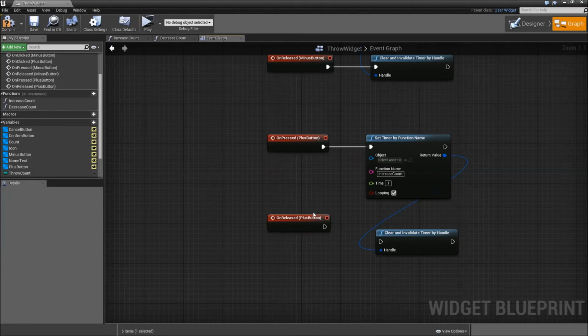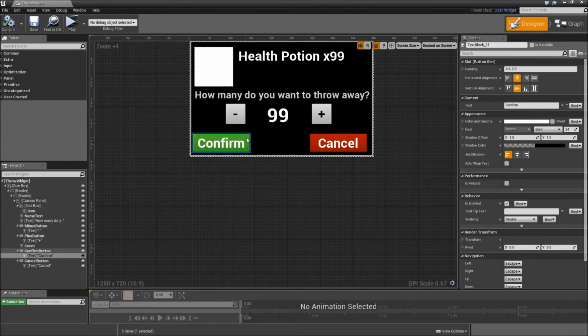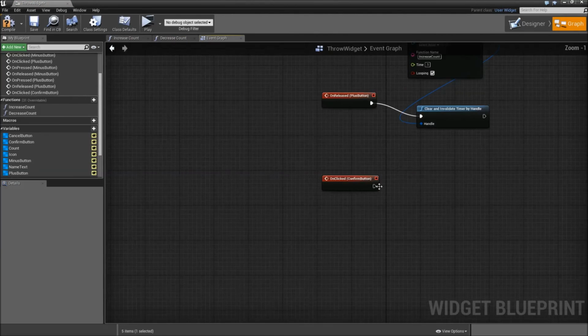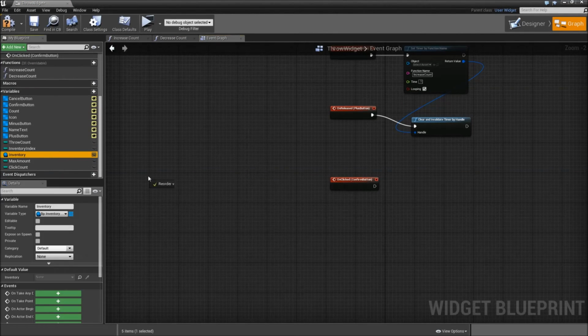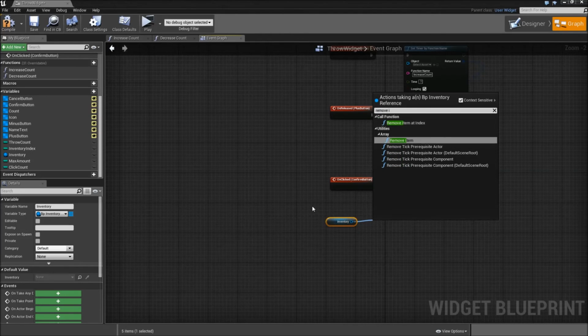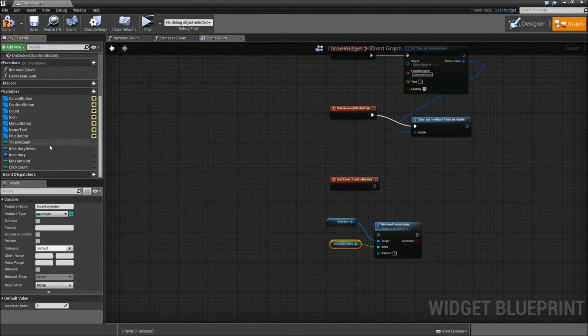Connect the onReleased. Now we also need our confirm and cancel button. First for the confirm, when we click that, we will get our inventory and remove item at index. Index will be the inventory index, amount will be the throw count,